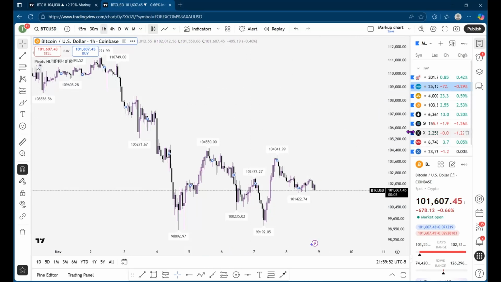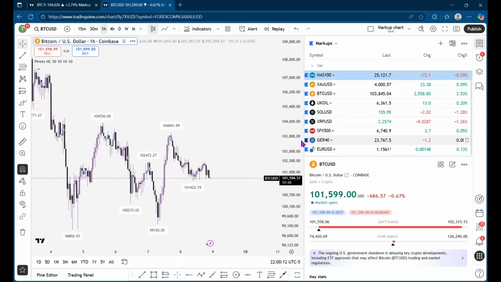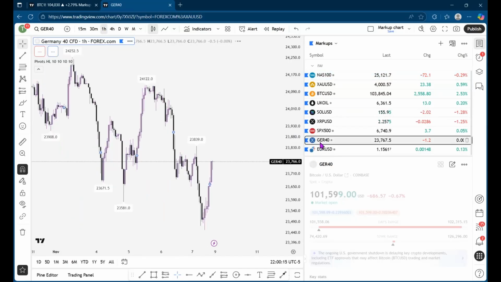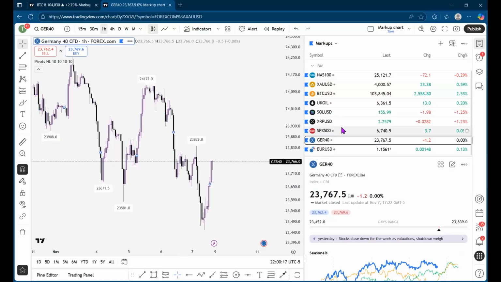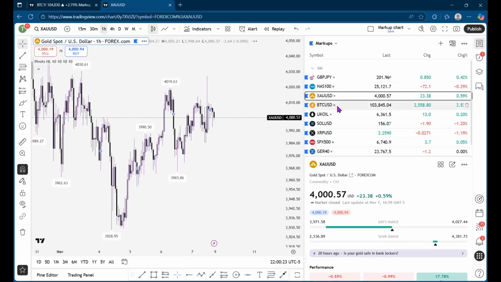And my Forex broker allows me to trade all of the things that you see here on my watch list. So I am trading currency pairs, and I'm also trading commodities against a currency pair. I'm also trading crypto against currency pairs. And I'm even trading things like the German CFD under Forex. So anything that moves really well are the things that I like to trade.